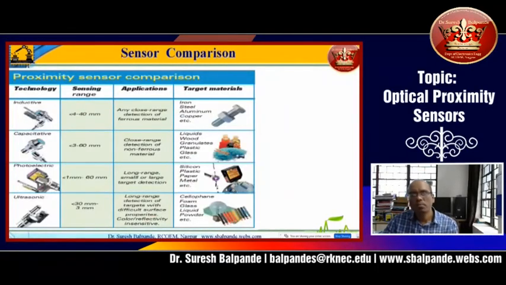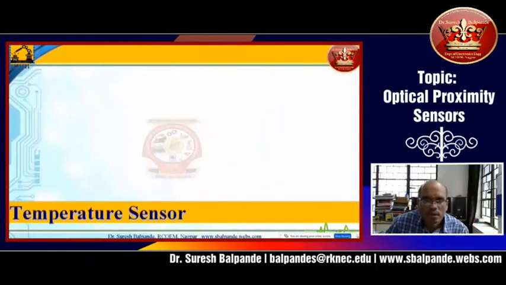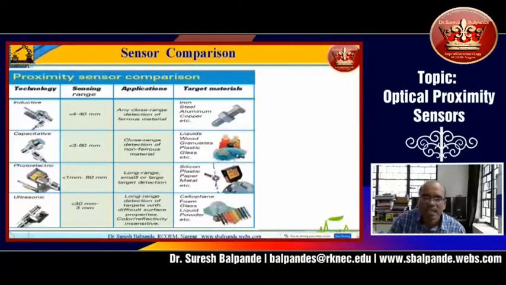So if you want to compare all these four, the next topic we will discuss in the next class. This is the last slide. If you compare, this table is very important to understand where to use a particular sensor or how to choose a particular sensor. The ultrasonic proximity sensor, I think you have already studied, so you can treat it as self-study. Please note down in your copy that you have to study the ultrasonic proximity sensor on your own.